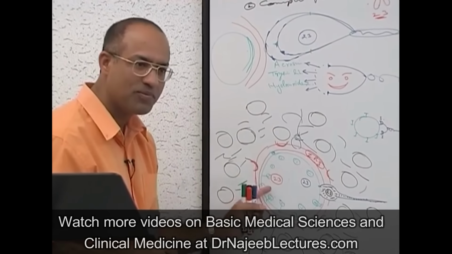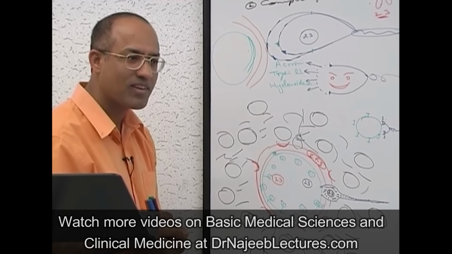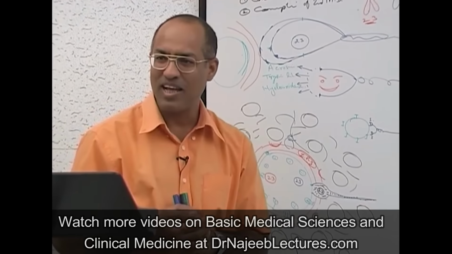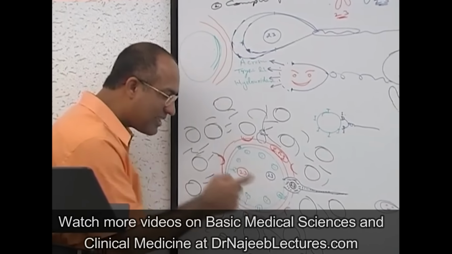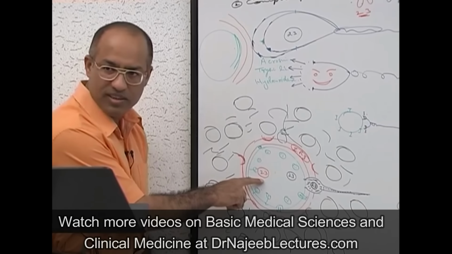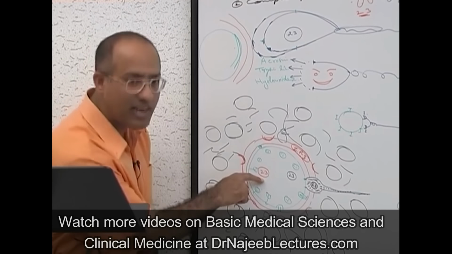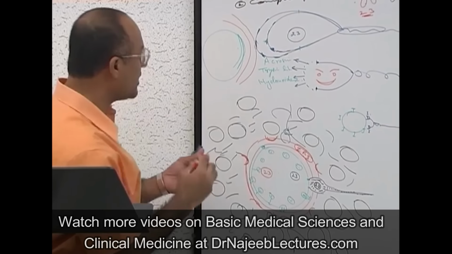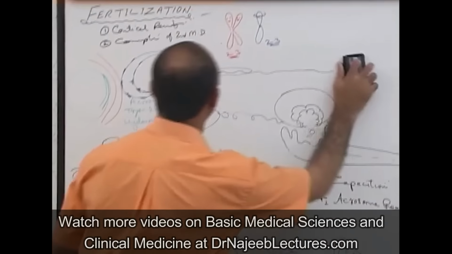So what will both of them do? They will double their DNA. This will double its DNA, this will also double its DNA, genetic material. It was 23 chromosomes. It will go from 23 single chromosomes to 23 doublets. For example, again, it's a very important concept to understand.